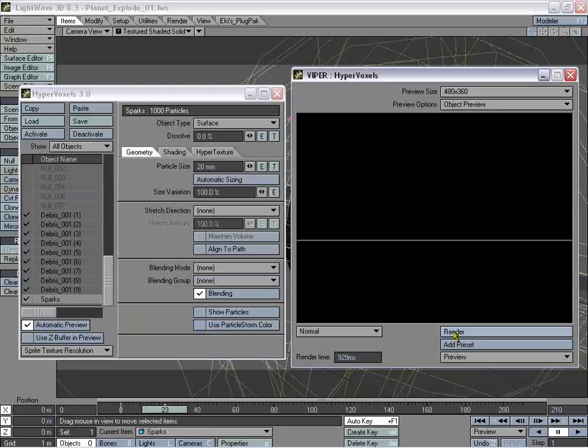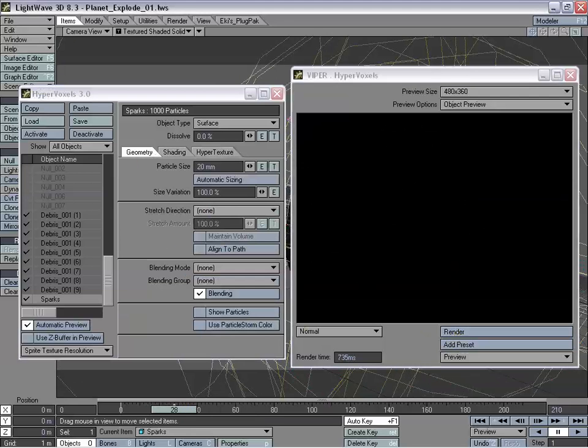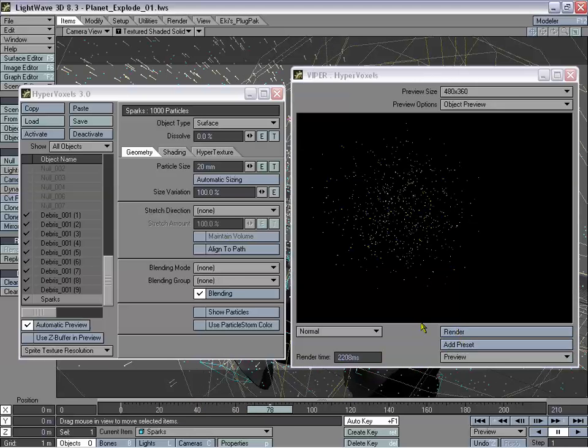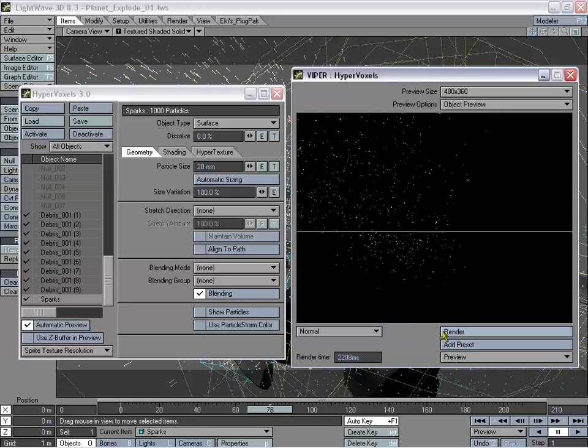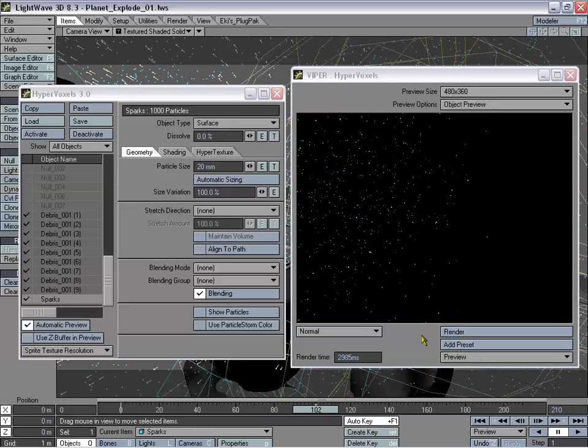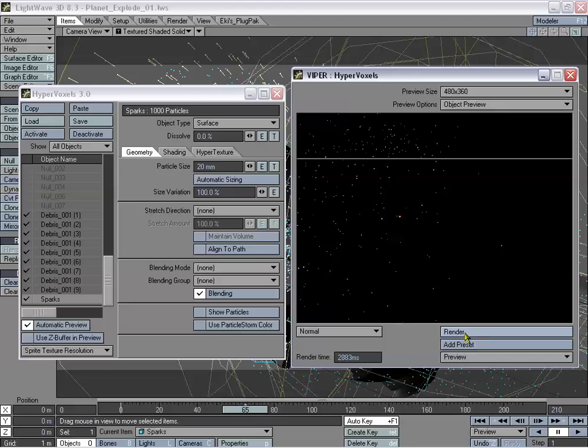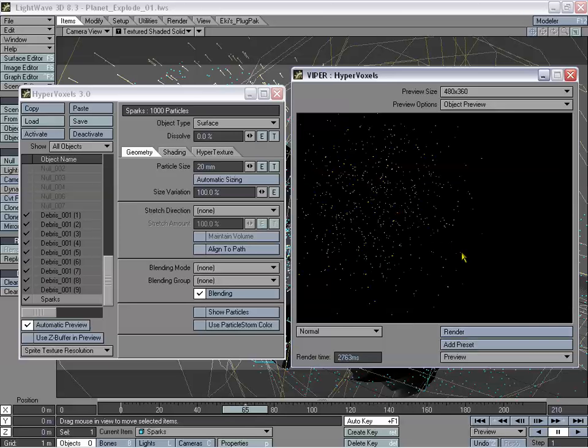Oh, it's going to start at 30, I believe. So we'll do it at 31 and see how it looks. And we'll just get a nice bit of sparks shooting out in the scene. And I think we only have about 1,000 for this emitter, and that's okay. That's going to be enough because we're going to have it also exploding everywhere else, and plus we still have our debris objects. And we'll go ahead and switch this to a scene preview